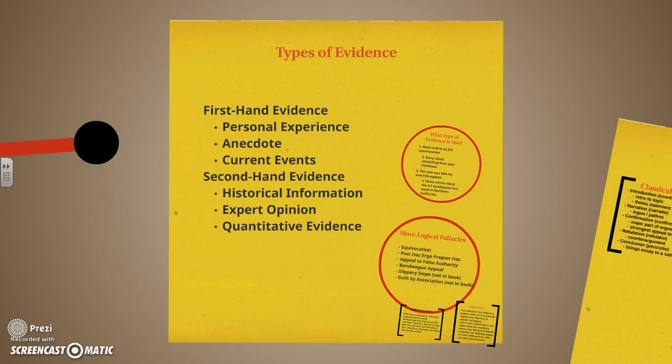The next one is secondhand evidence. It's not happening directly to you, so you have to do some research with it in order to be able to use the evidence. So the first one we have is historical information. This means that it's in the past. Okay, for me, historical information is going to be different than what your historical information is because I'm vastly older than you are. So I remember 9/11 a lot different than you do. So 9/11 to me was a current event. When it happened, it was a current event because I was there. But to us now, it's historical information.